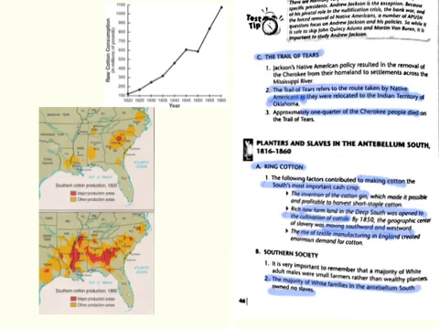Moving on from there to planters and slaves in the antebellum South, and we're going to talk a little bit about the expansion of slavery during this time, and it's mainly because during this time period, cotton becomes the most important crop in the South, or the most important cash crop, and there's several reasons for this. First of all is the invention of the cotton gin by Eli Whitney, which makes it possible, and here are the key words we talked about in industrialization: quicker, easier, and cheaper to produce cotton.